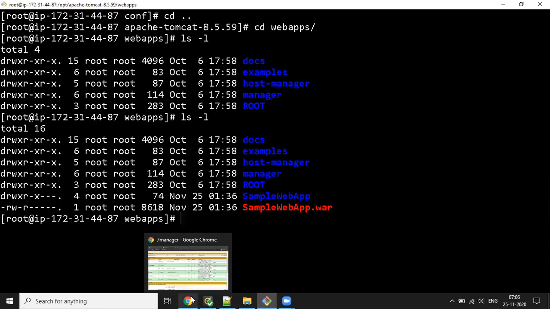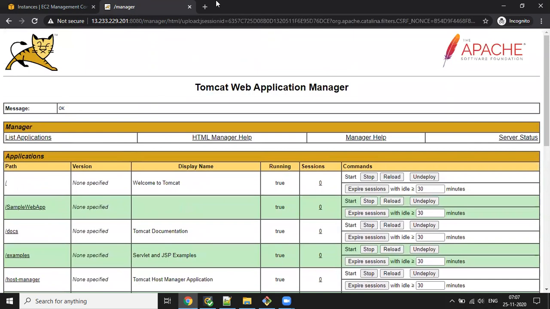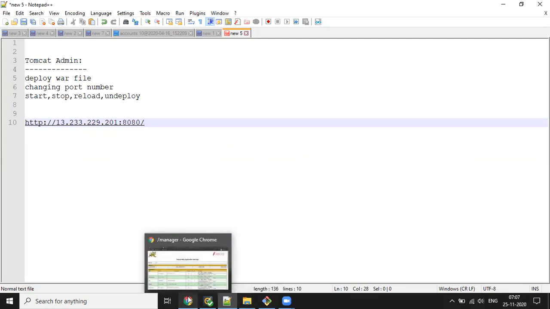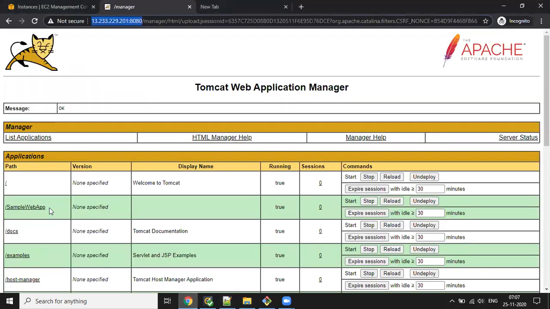Now we can access this application using the default port, up to this point, and then your application name, which we deployed just now.